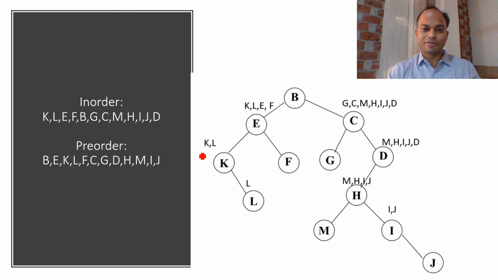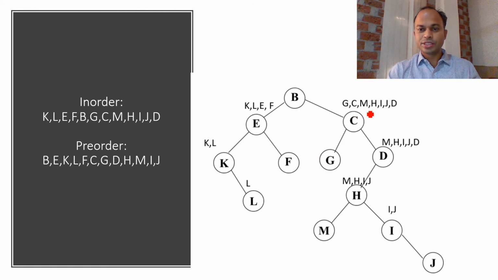Now we have to refer to pre-order for K and L. K and L, first value is the root, therefore we have found the root K. Further we have to refer to our in order sequence KL. If K is the root, the right value is always the right subtree, and we have marked L on the right hand side of K. Same job we have to do for the right subtree.